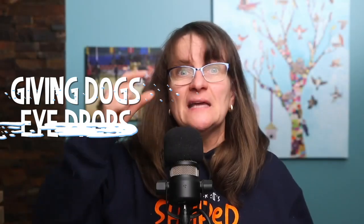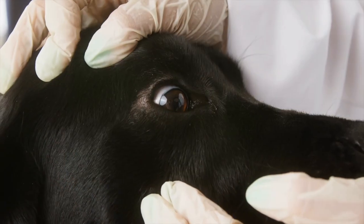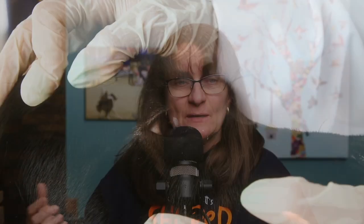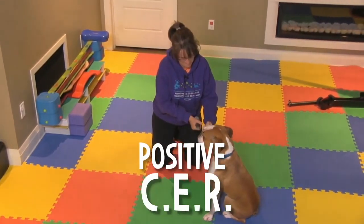Let's say it's the eye drops. I have to give my dog these eye drops. It's super important, but it takes 3 of us and we have to hold him down and he fights and he screams. So the first thing we're going to do is create a positive CER to where